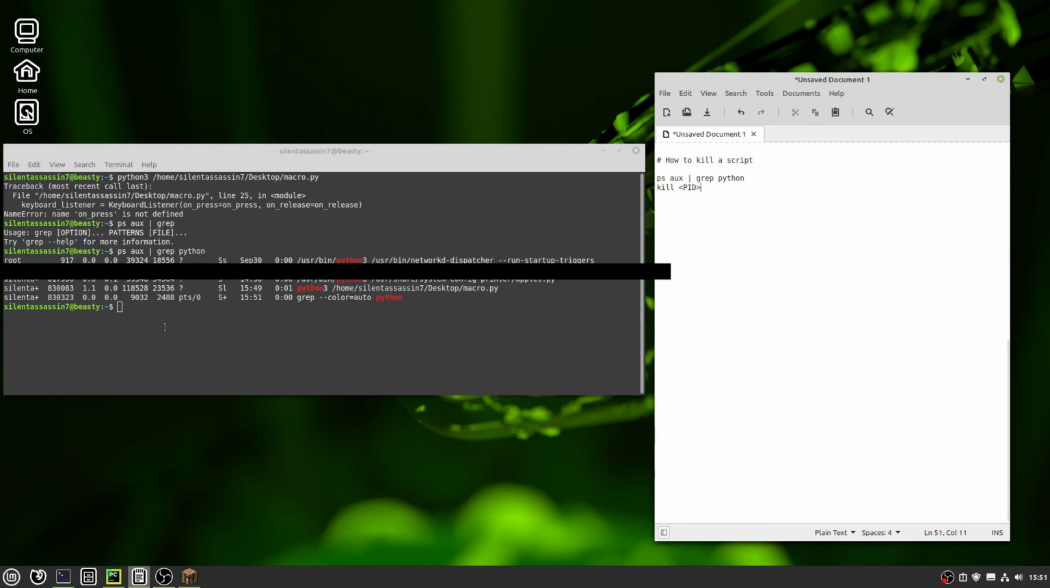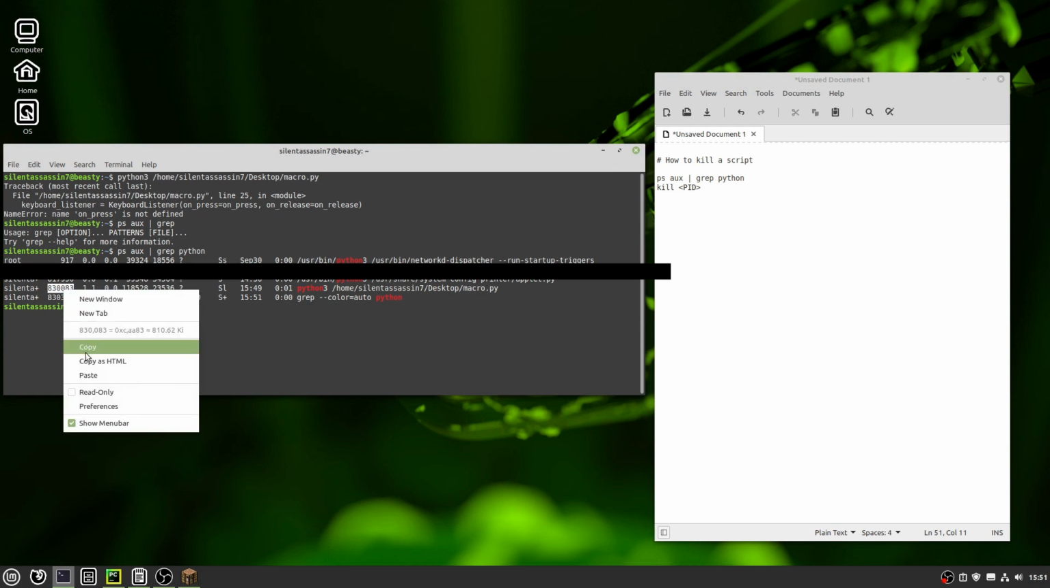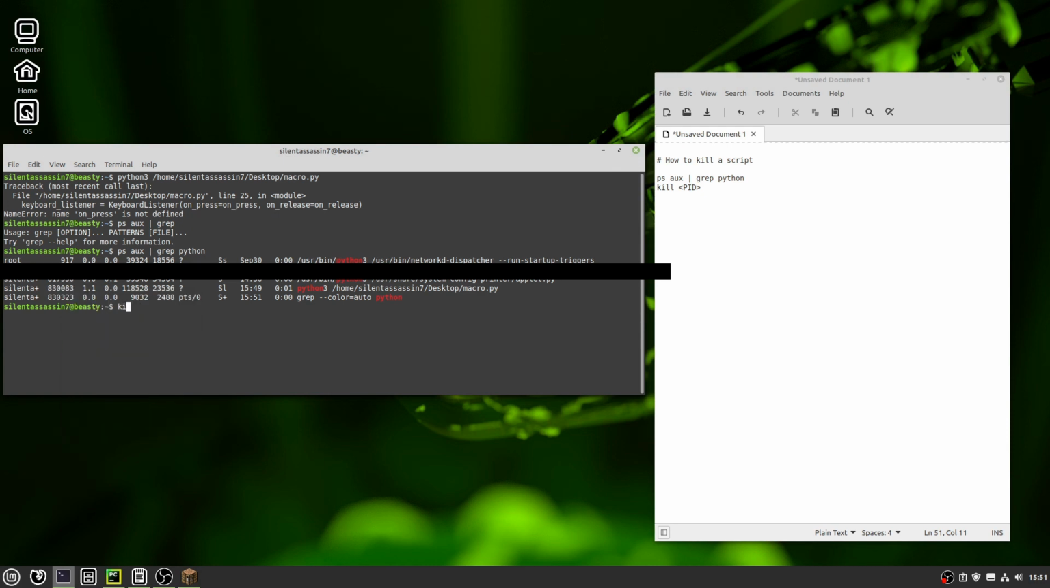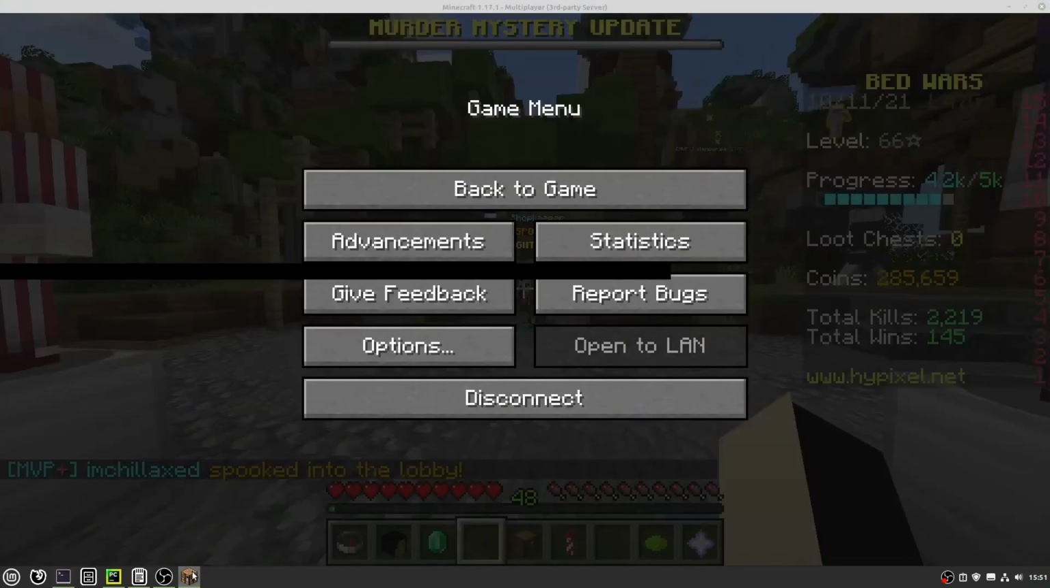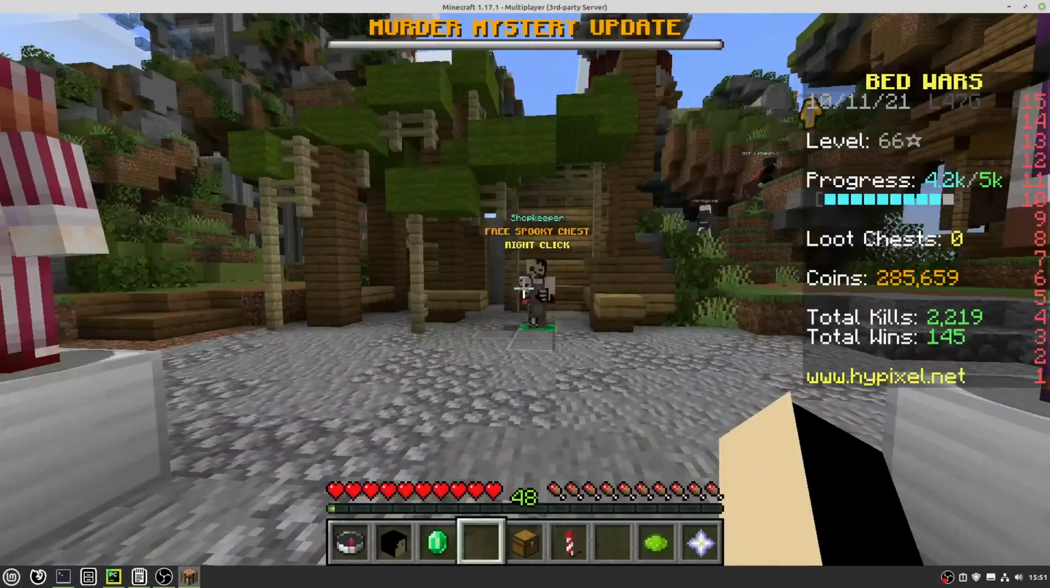And then you do kill PID. So PID is this thing you have right here. So then you're going to just kill the PID. So I want to kill this macro py1, and the PID is 830, so I can also just click copy and then do kill paste, so I don't have to type the whole thing out. And now, if I go in game,